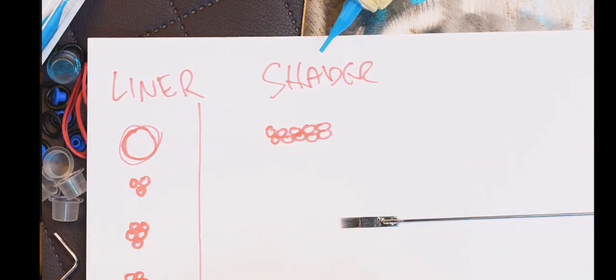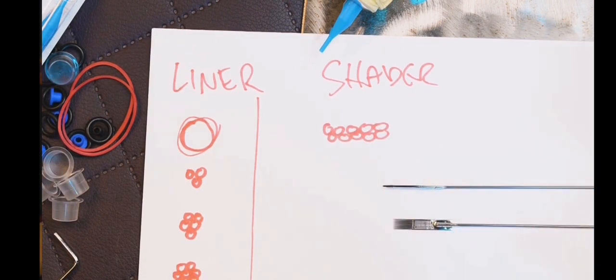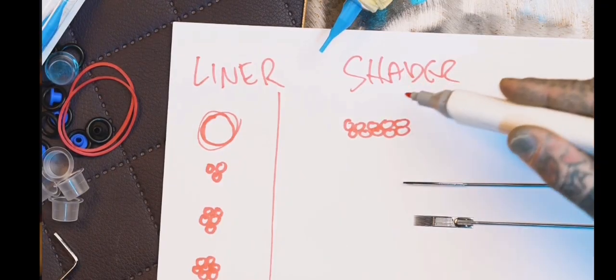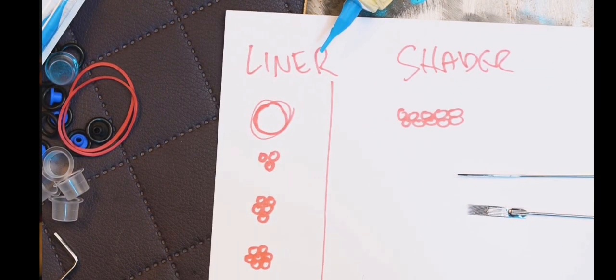This is what is called a magnum, a shader, filler, and this is a liner. You see already, the liner is made to make lines, and the filler or the magnum is made to make shadings and fillings. And when it comes to shaders, there are round shaders, wider shaders and flat shaders,